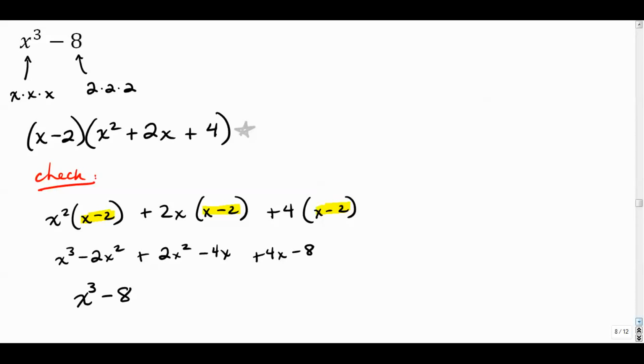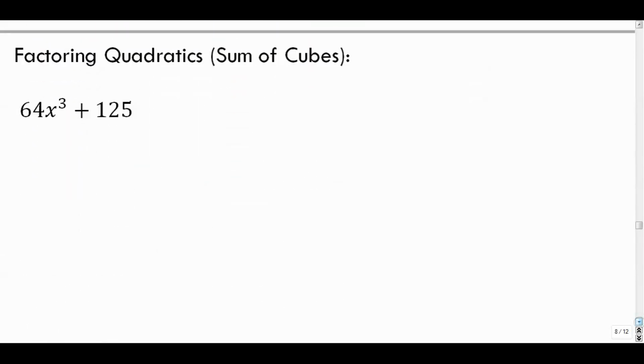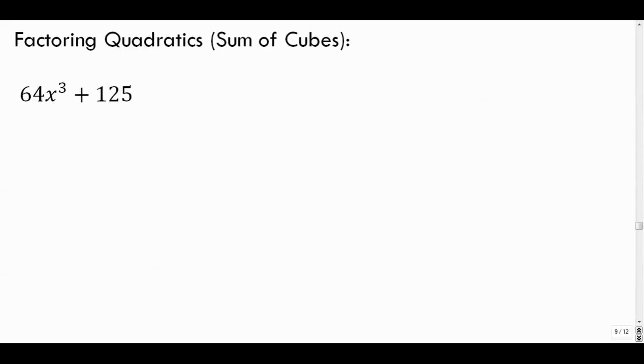Alright, moving right along, we've got a sum of cubes. So how do you factor this? Well, you have to know your formula again, and your formula for the sum of cubes is going to be similar to the last one, but generally speaking, if you have a 64, this is 4 times 4 times 4, this is x times x times x, and this is 5 times 5 times 5. So generally speaking, if you have something like this,